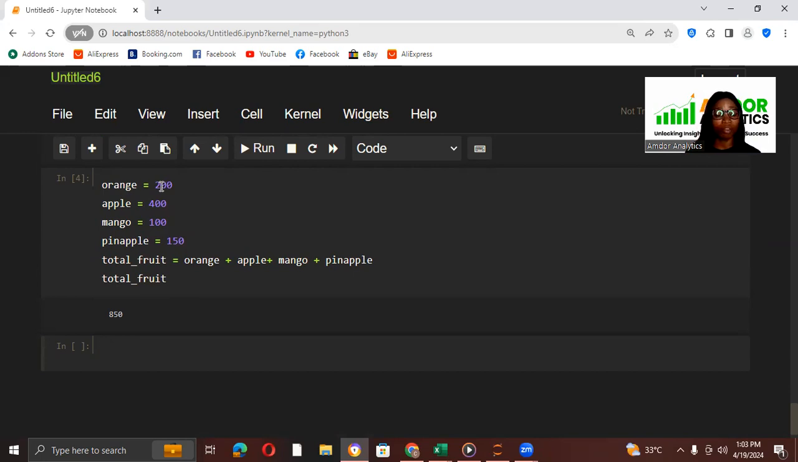Now what we just did here: the oranges are inside a basket, we have 200. The apples, we have 400. Mangoes, we have 100. Then pineapples, we have 150 inside a basket. Now we want to calculate the total fruits. We want to sum it up. So we are assigning total fruits to be equal to this. That simply means total fruits here is equal to the output of this,